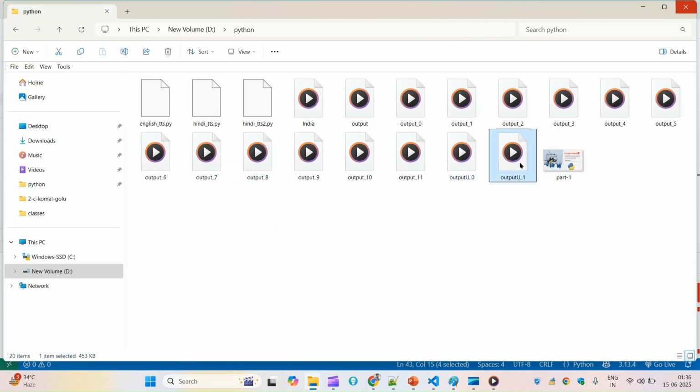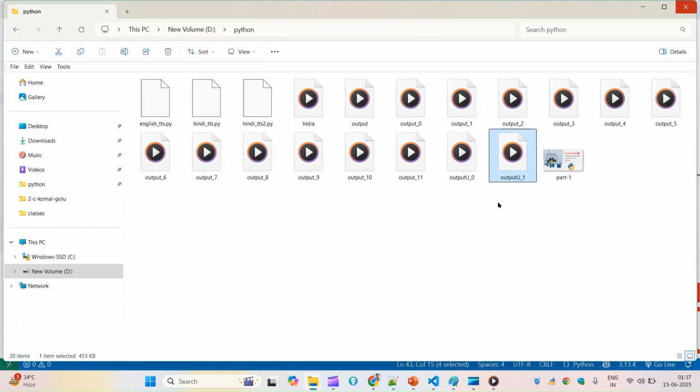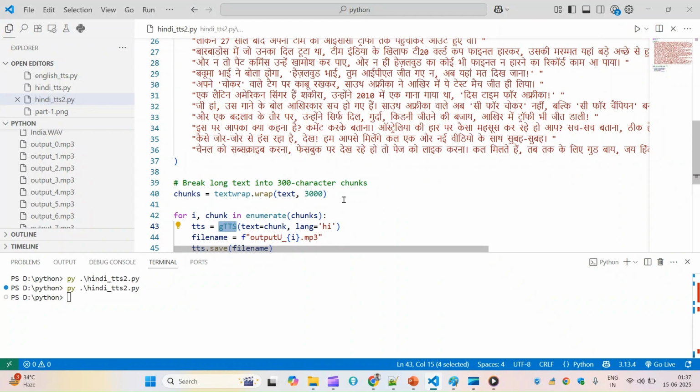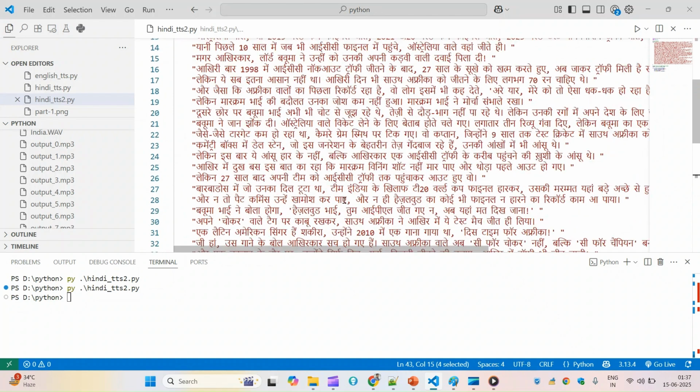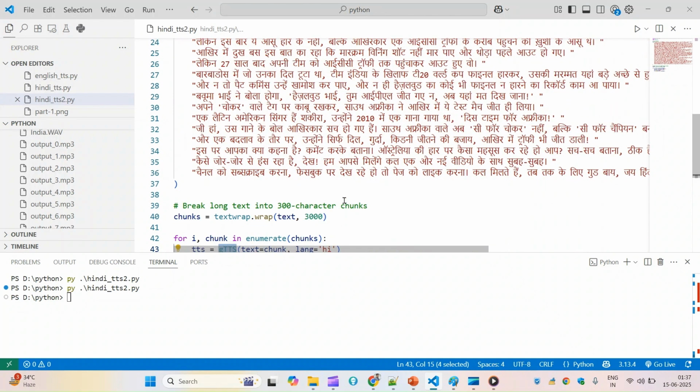भाई साहब, आज तो ऑस्ट्रेलिया वालों की जमकर खबर ली साउथ अफ्रीका ने। आखिर में ये टेस्ट मैच जीत ही लिया। एक लैटिन अमेरिकन सिंगर हैं शकीरा। उन्होंने 2010 में एक गाना गाया था, दिस टाइम फॉर अफ्रीका। जी हाँ, उस गाने के बोल आखिरकार सच हो गए हैं। साउथ अफ्रीका वाले अब सी फॉर चोकर नहीं, बल्कि सी फॉर चैंपियन बन गए हैं। एक बदलाव के तौर पर उन्होंने सिर्फ दिल, गुर्दा, किडनी